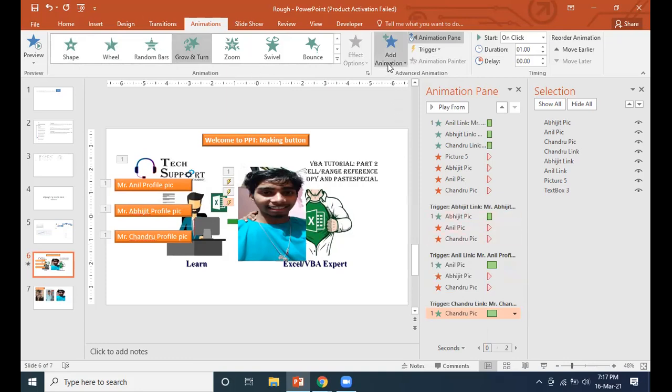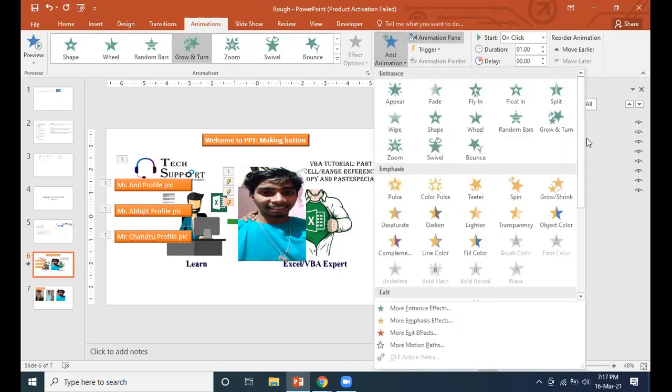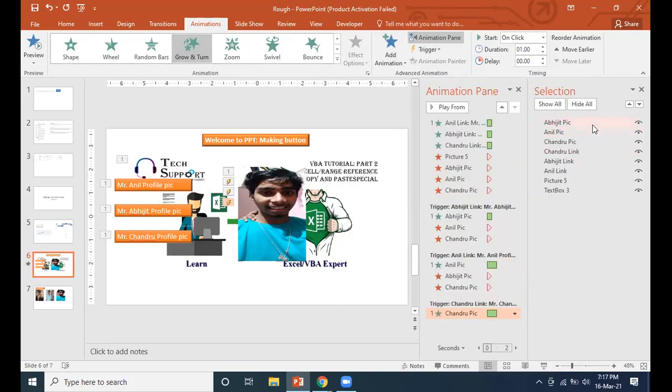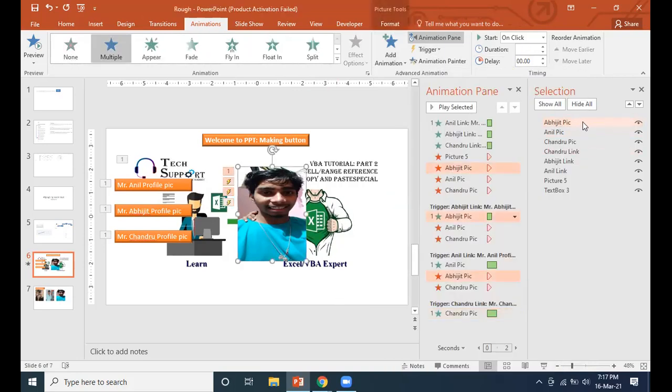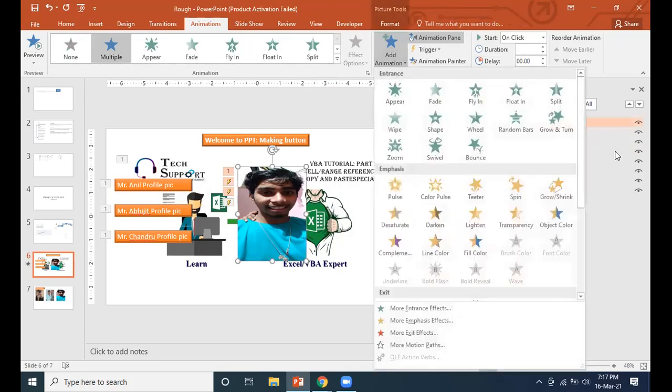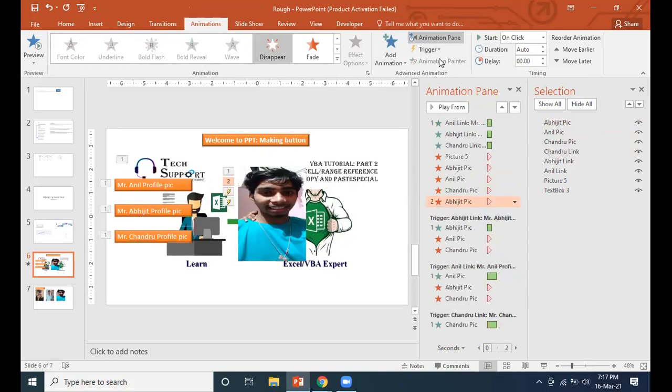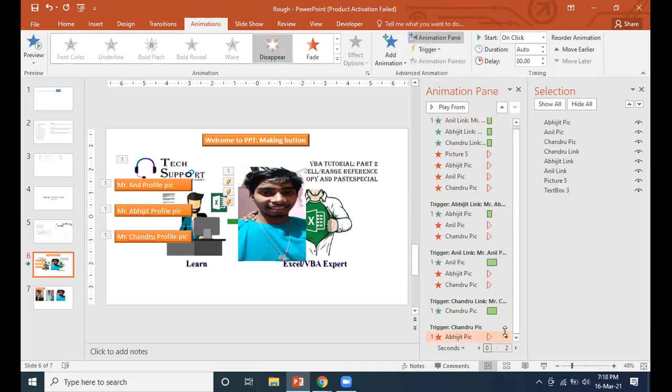And at the same time these two profiles should not open, the Anil profile should not open. We have to click on it, and then we have to do the trigger on, sorry, not Chandru, click.